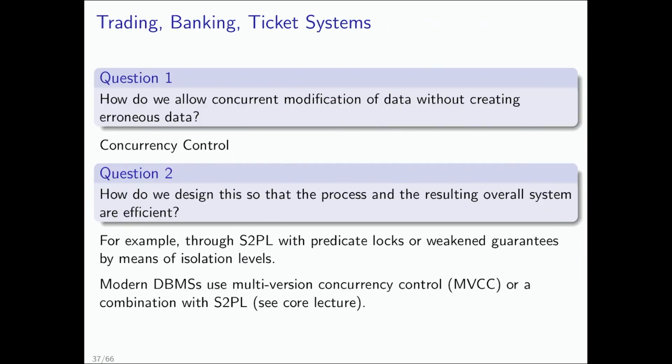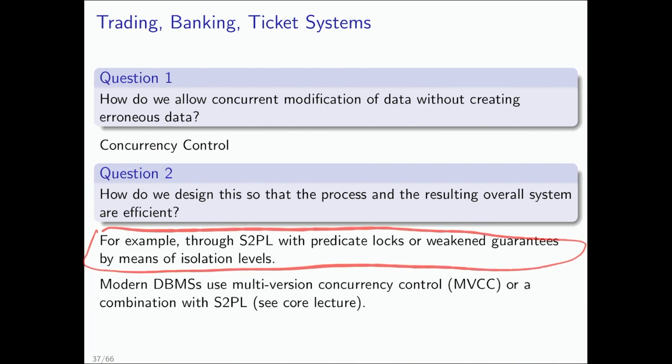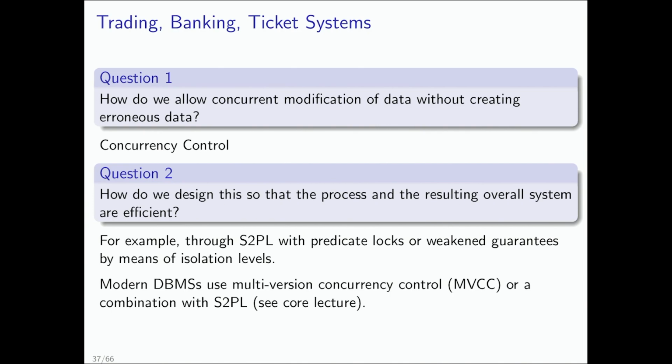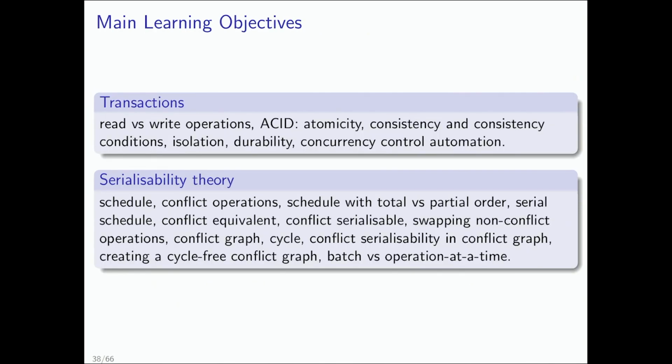So how do we allow for concurrent modification of data without creating erroneous data? Concurrency control. And how do we do that in detail? There we looked at many things. We looked at log-based concurrency control. There is this other class of multi-versioning. That's, again, a core lecture topic. But this is also important to understand how this log-based stuff works. And then there were many individual techniques, this is a huge puzzle, this concurrency control. So I had to introduce many terms and concepts and ideas and how that works. I mean, the major takeaways here are really,